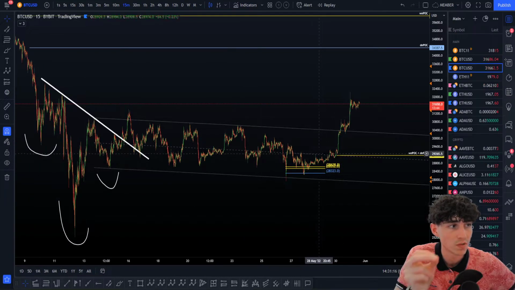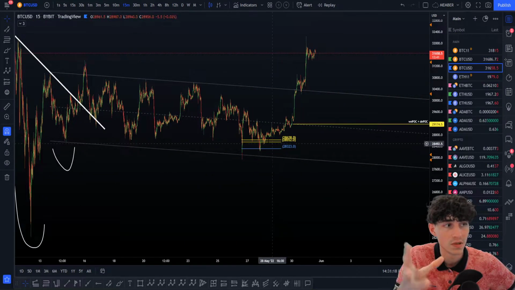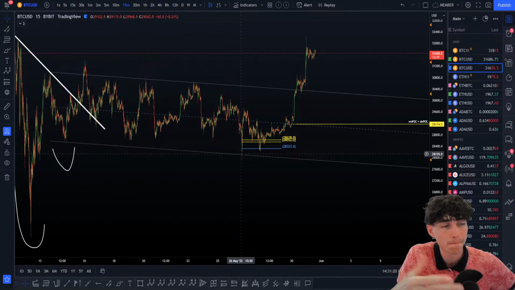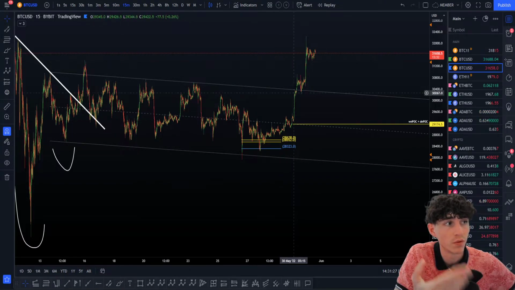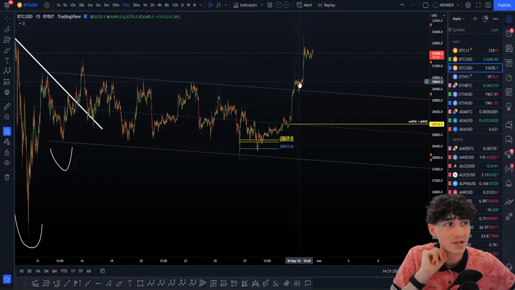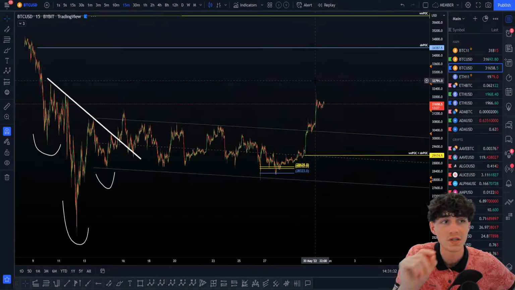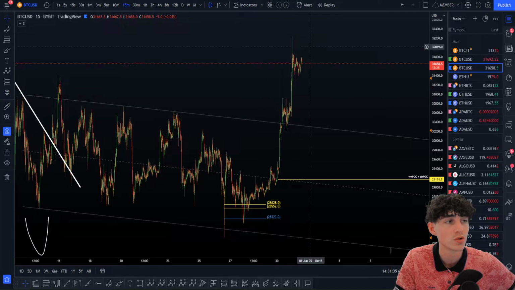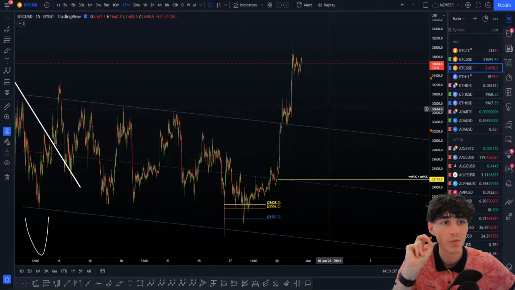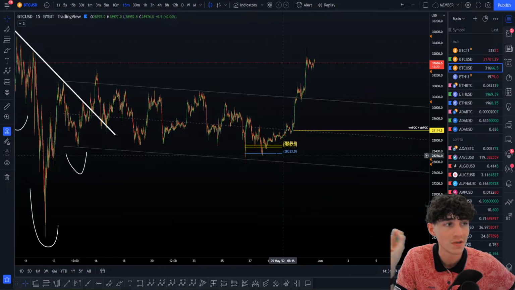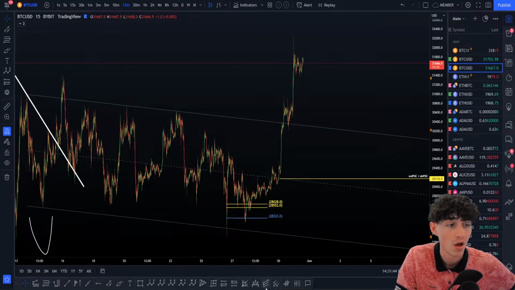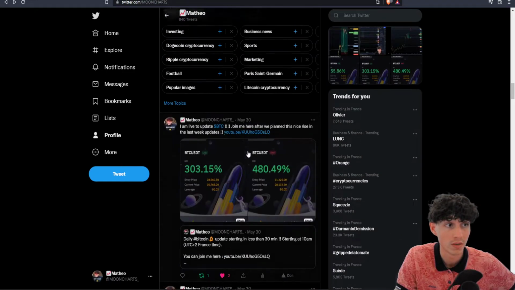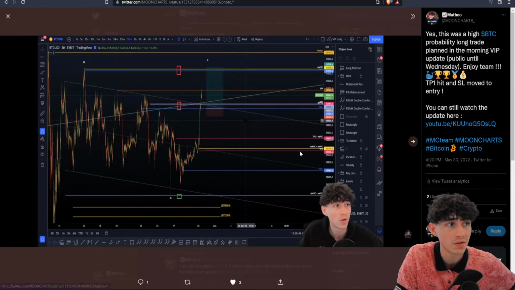Okay, so of course we planned some scalp short here to take. That was absolutely insane. So we planned a long here, planned a short here, we planned another long here. We have seen how to trade all this before to push higher, and in yesterday's update, after we did this nice move to the upside, because yes, we are not only planning one trade and just enjoying the move to the upside. No, we are planning new trades every single day. So if you missed the very bottom, you were able to catch this one. Why? Simply because that was a planned long, clearly, during the VIP public update,